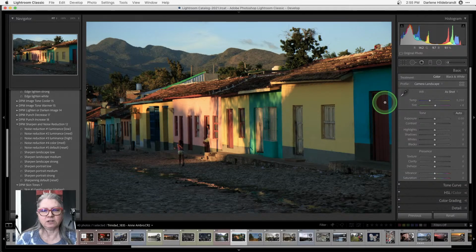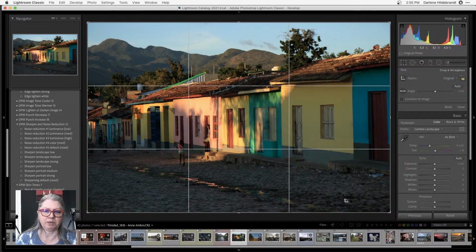Okay, so the first thing that I see here is the colored houses and the girls. Okay, so remember I talked earlier, you may have missed this because you were out, is I'm going to crop it. Okay, because what's happening is there's almost a third of this image that is road, and it's really not part of the subject.